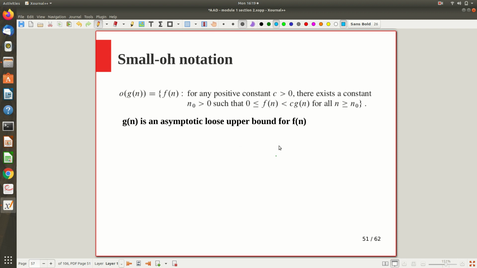Now about small o and small omega, with that let's wind up. I already gave you a hint when I discussed big O and big omega. This is also going to give you an upper bound only, but it is going to give you a loose upper bound. Loose upper bound in the sense